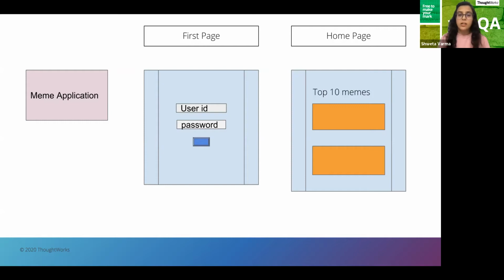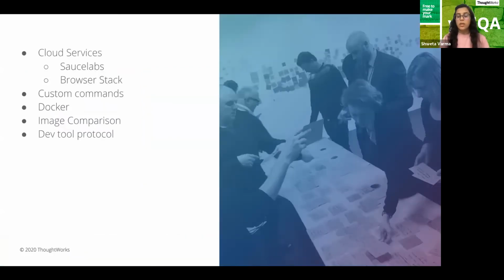Then let's consider another thing, that is image comparison. So as the word itself says, I will give one image and I will say that during the execution, stop at this particular point, take a screenshot and compare it with the image I have provided. So what WebDriver IO does is it does pixel by pixel comparison.